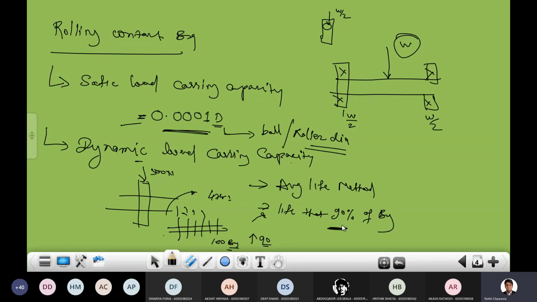Nowadays all industries are using this life 90% ऑफ बेरिंग क्राइटेरिया जो है उसको यूज करते हैं। जो भी ये क्राइटेरिया है तुम्हारा लाइफ ऑफ 90% ऑफ बेरिंग क्राइटेरिया हर जगह पे यूज होता है। इसको हम लोग जो लाइफ 90% बेरिंग है इसको हम लोग रिप्रेजेंट करते हैं L10 से, L10 से रिप्रेजेंट करते हैं। सर ये 90 किधर, ये 10 किधर, तो ये देखोगे तो 90 + 10 100 होता है।